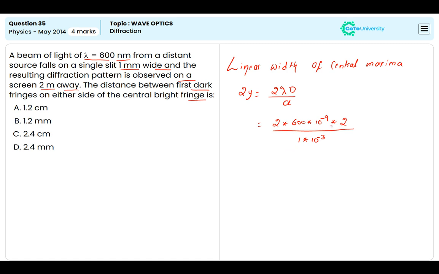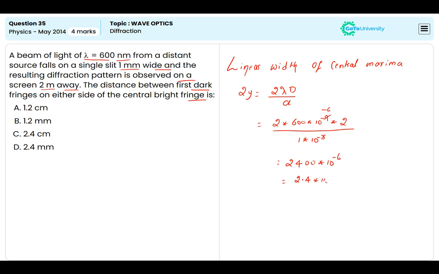If I simplify, this becomes 10 to the power of minus 3 and this gets cancelled, minus 9 minus minus 3 becomes minus 6, and 2 into 2 is 4, 4 into 6 is equal to 24. Since the answer is given in terms of centimeter, then this will be 2 into 2 is 4, 4 into 6 is 24, into 10 to the power of minus 6. If I write this one as